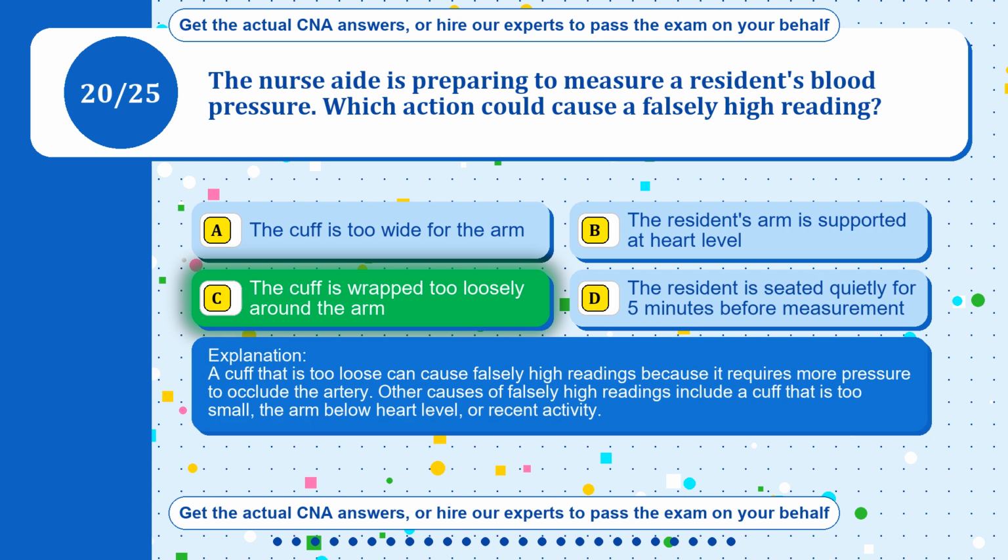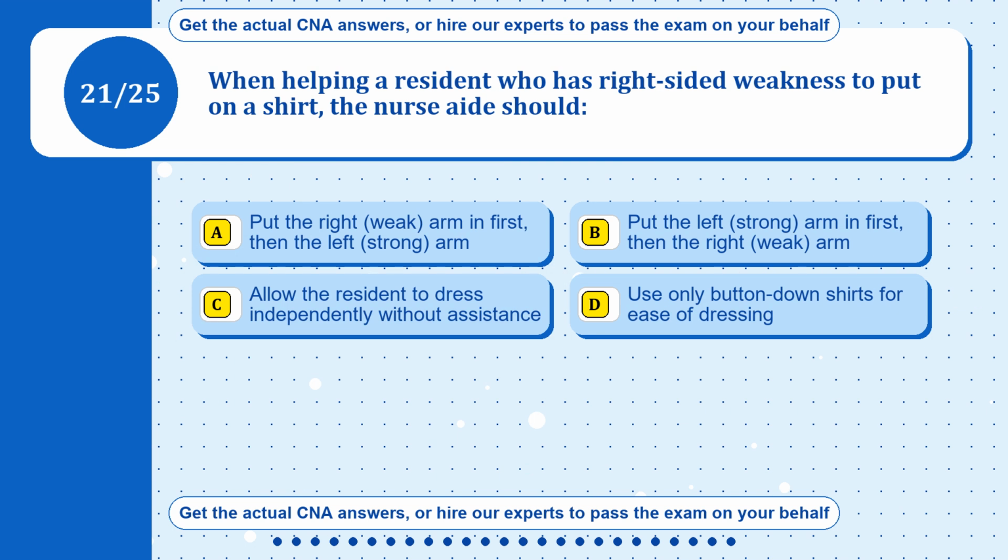A cuff that is too loose can cause falsely high readings because it requires more pressure to occlude the artery. Other causes of falsely high readings include a cuff that is too small, the arm below heart level, or recent activity. Question 21. When helping a resident who has right-sided weakness to put on a shirt, the nurse aide should: